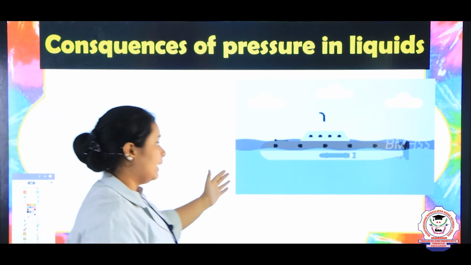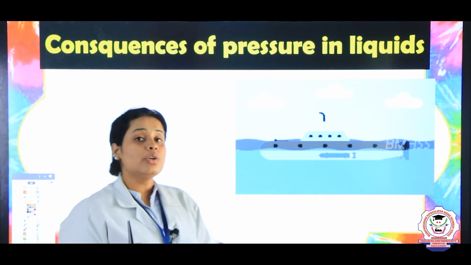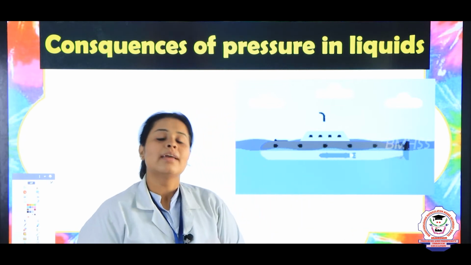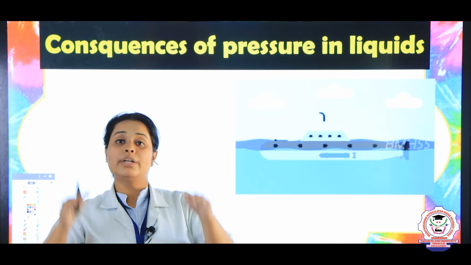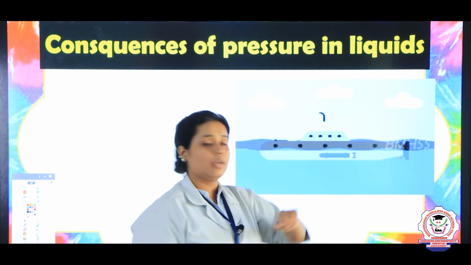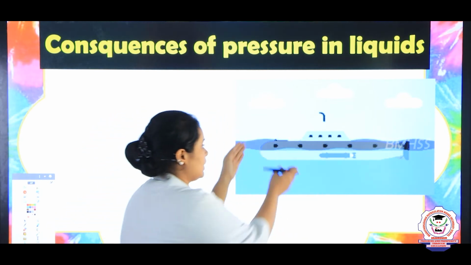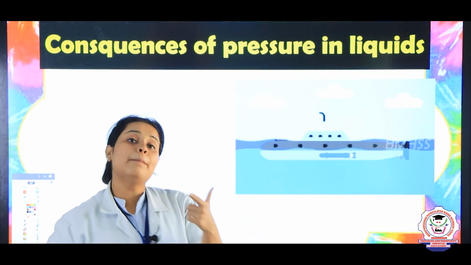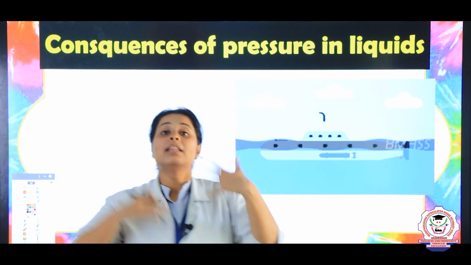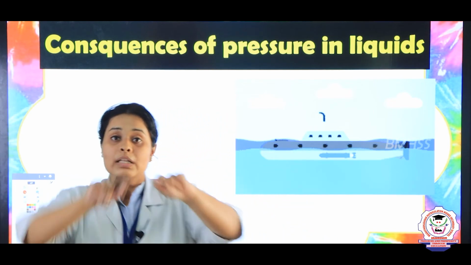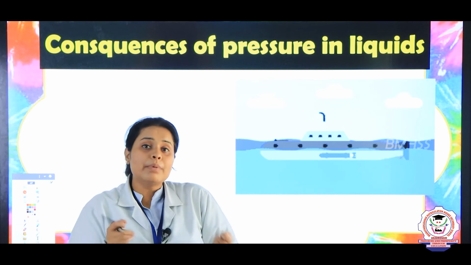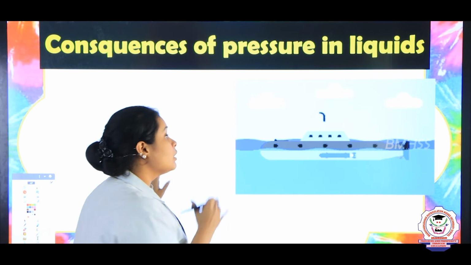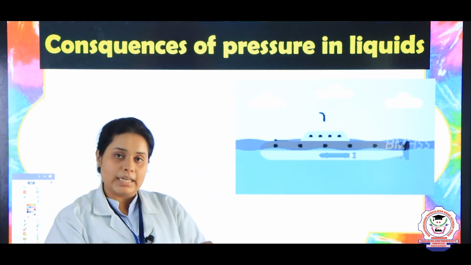Second one is, take the example of a submarine. So children, submarine, what happens is, you will see that submarine is what? Yes, it's an underwater ship. So when it is underwater, you will see that the sides, all the sides which are known as hulls, are very thick. Why? Because deep inside the sea, the pressure is so high. If the outer part is thin, what will happen? It will just crush it and the people inside can die. So that is why it is a little bit thicker.